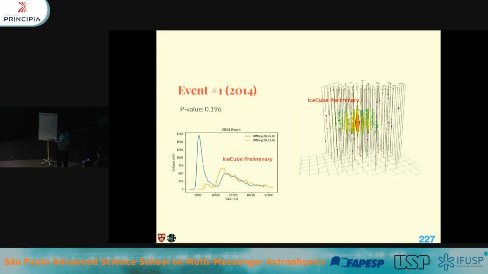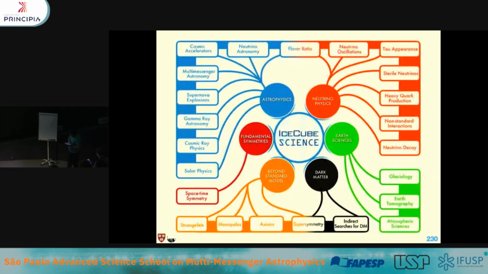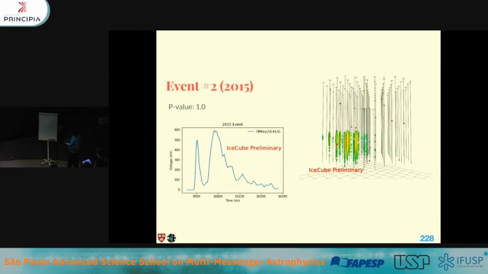Okay, let's skip this. So it actually found a handful of events. So this was one of them. It's one in 2014. So the p-value for this beta tau is not particularly high. This one here. And I think this one is the second one being the double-double I was telling you earlier. Cool.